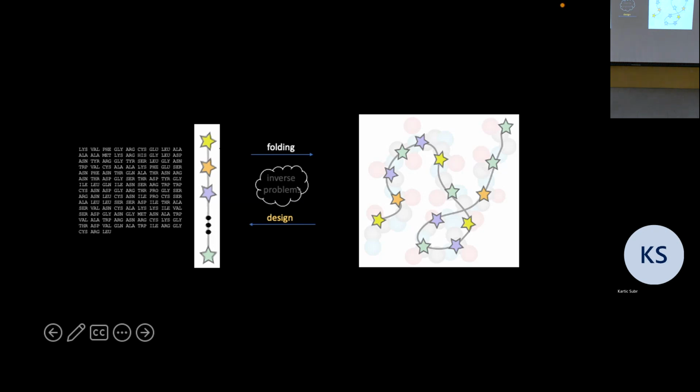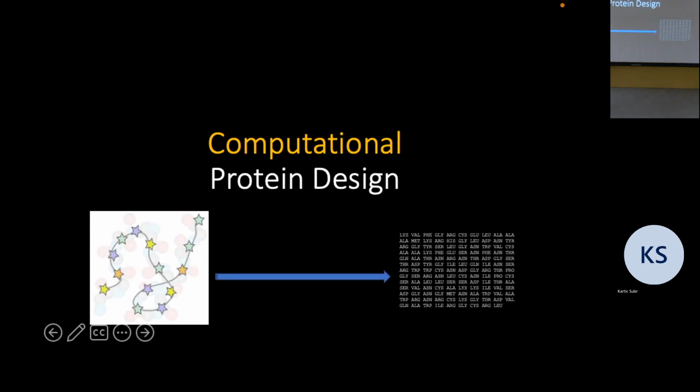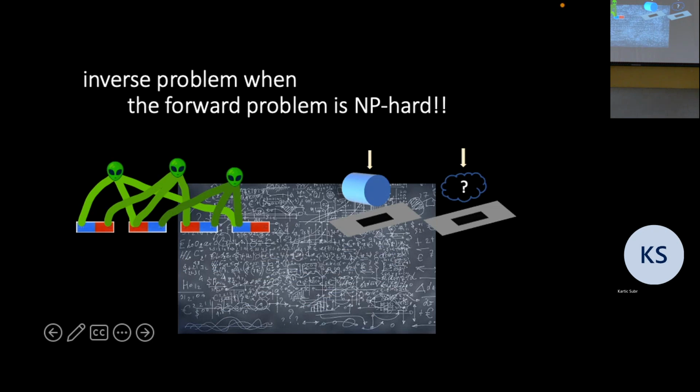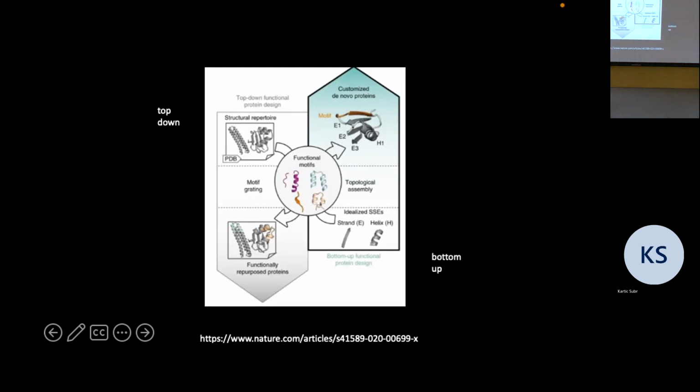It's enormous. There are more atoms than in the universe. So you can't really go through this using brute force. You need something clever. And I think this is one classic example of a very hard problem where maybe machine learning is useful. That's the first problem I got into in this space: this design problem of, given a shape, can you come up with a sequence? It's similar to the inverse problem we looked at before, where we looked at the wall, looked at the green color, and tried to predict what the parameters were. Anyway, I won't go through the details.